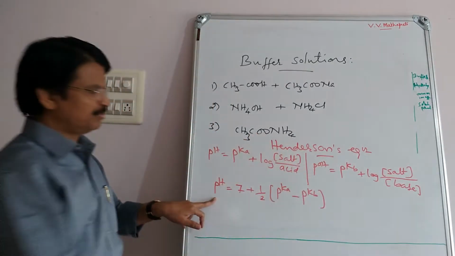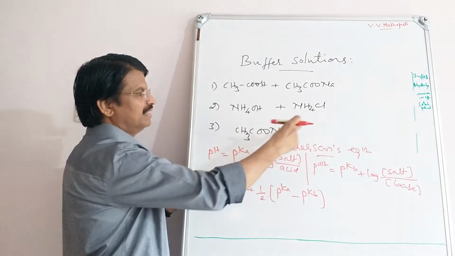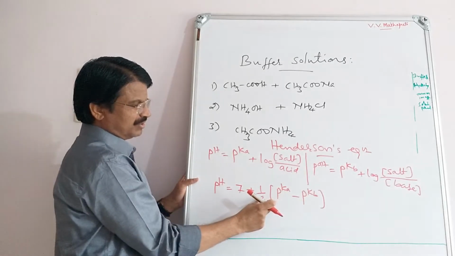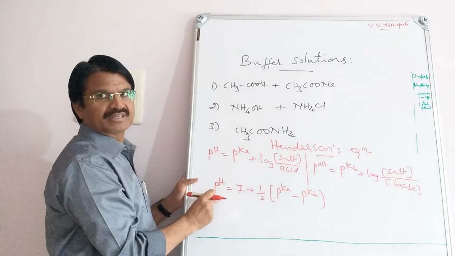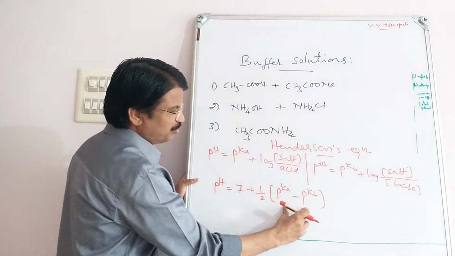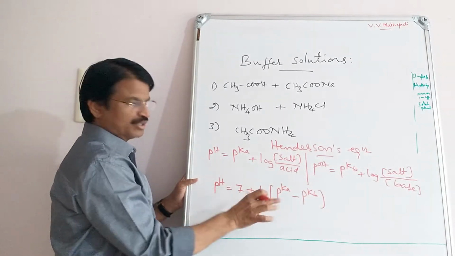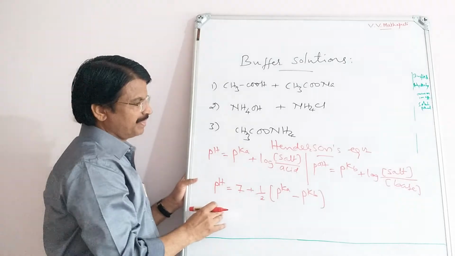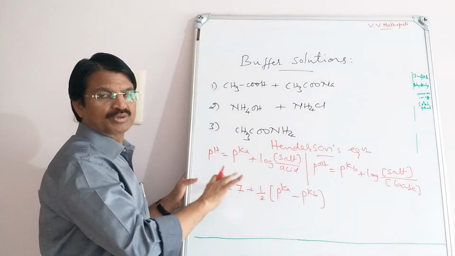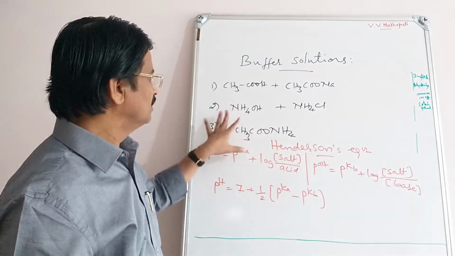And this pH will depend upon pKa and pKb. If pKa of acetic acid and pKb of ammonium hydroxide are the same value, subtracted we get 0, therefore pH equal to 7. If pK values are the same, you get pH equal to 7. If this value is positive, pKa greater than pKb, then pH is more than 7, it's a basic buffer. If this value is negative, pH is less than 7, that is called acidic. So a neutral buffer becomes acidic or basic depending upon the pK values.